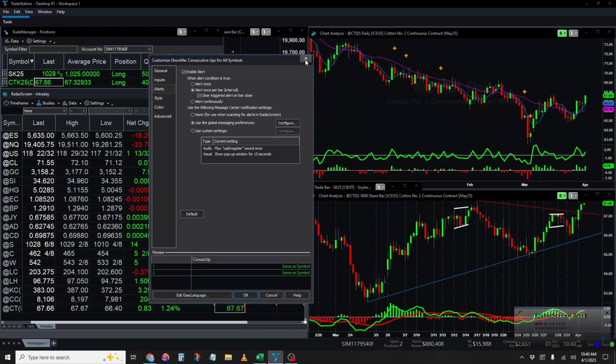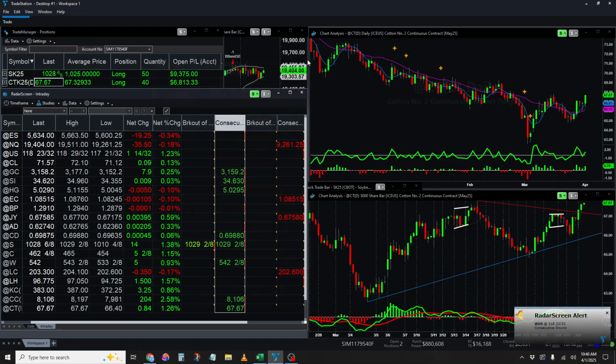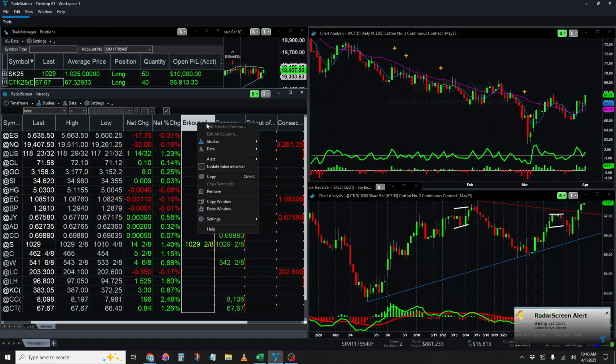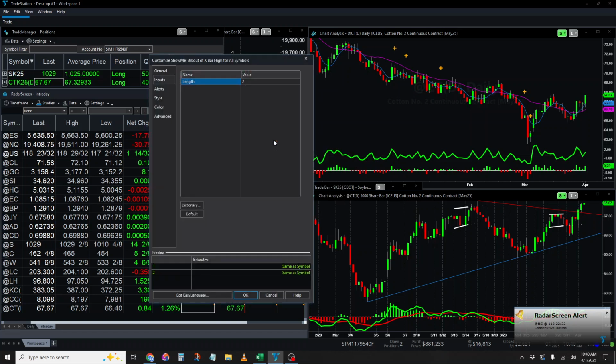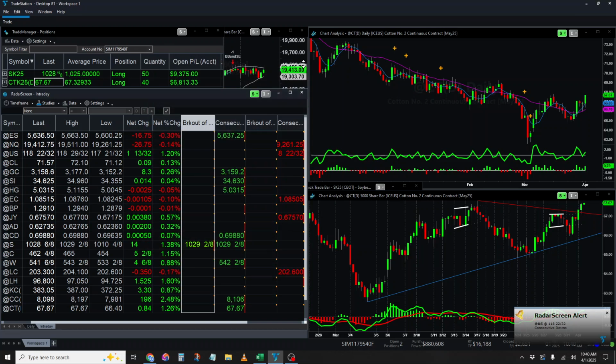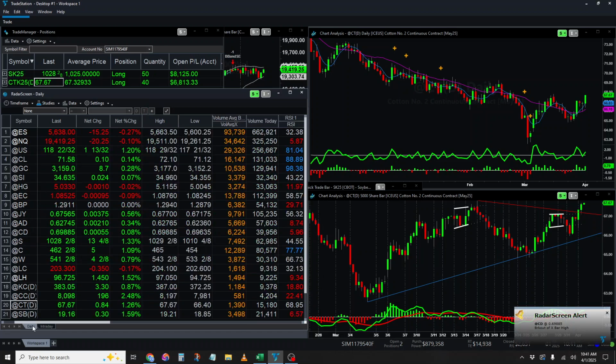The consecutive bars are set for 25 minutes, so two consecutive bars in the same direction, or a breakout of a 2 bar breakout. I have it set to a 2 bar breakout. So these alerts just bug me all day. Of course, I end up ignoring most of them, but